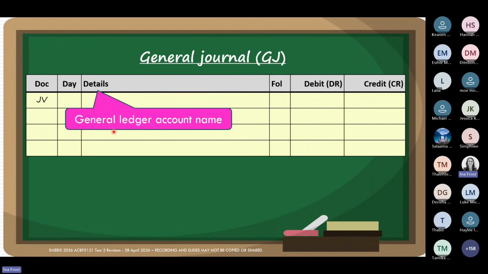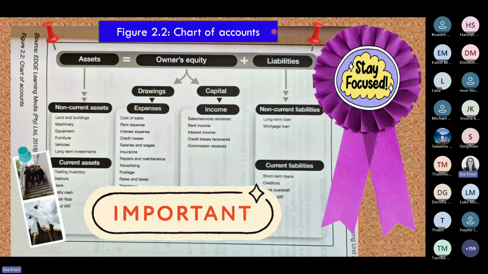And what do we mean again by general ledger account names? That brings us back to the chart of accounts, figure 2.2 in your textbook. If you're working with the 2026 version of the textbook, it's page 53. Salama already spoke about this page in our previous recording, where we went through Learning Unit 6. Remember, you had to study this page for the first semester test, but this page is still as important as it was for semester test 1.